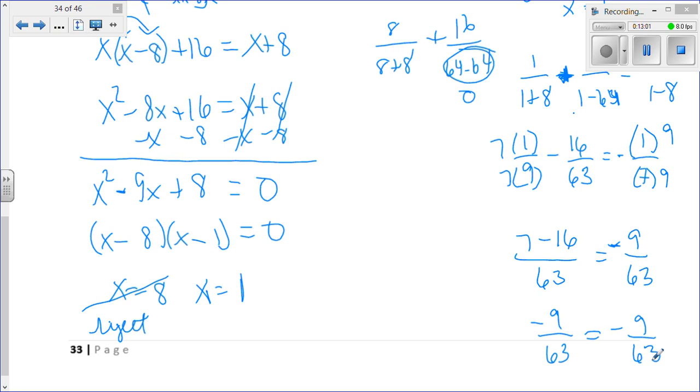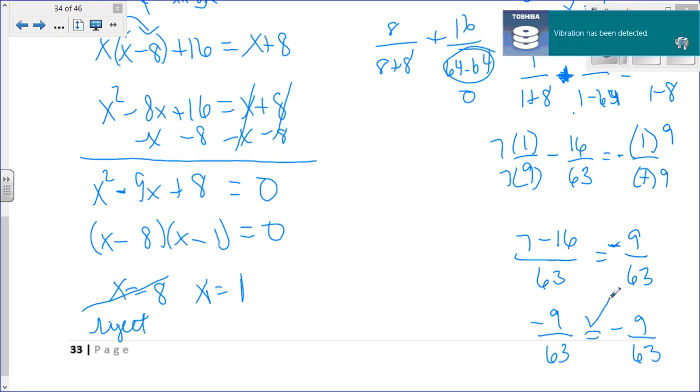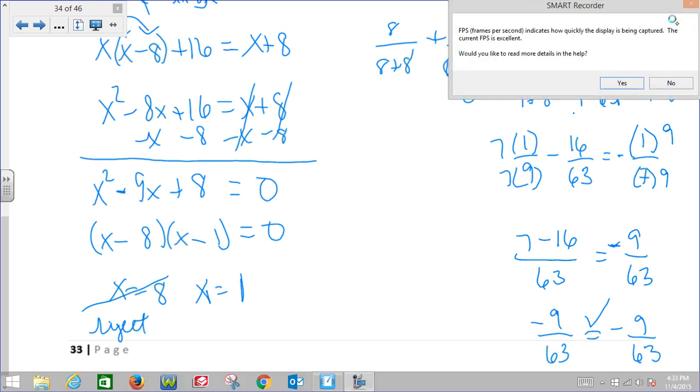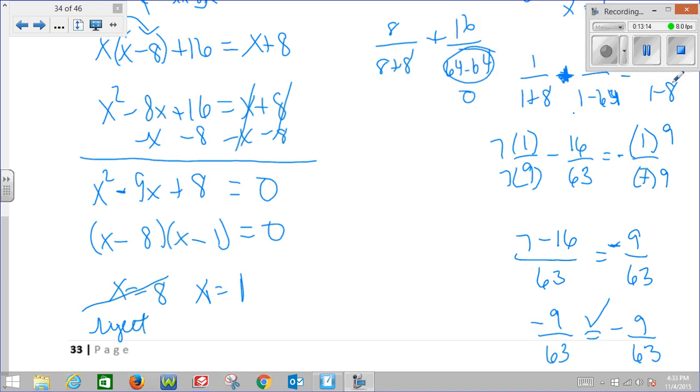And since they are equal, it works. I am done with that. Okay. That is solving, again,